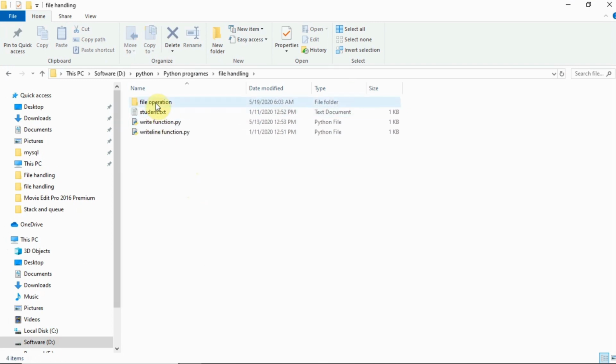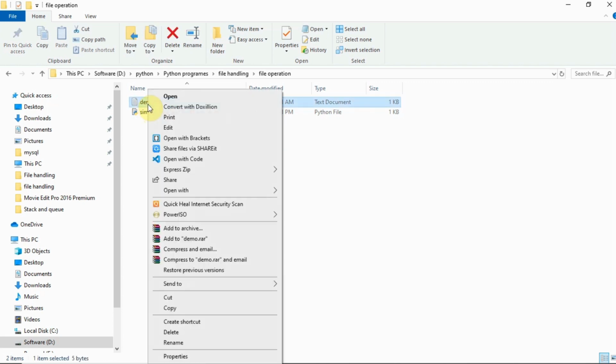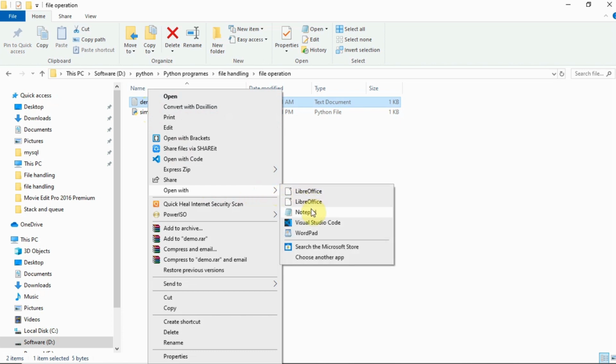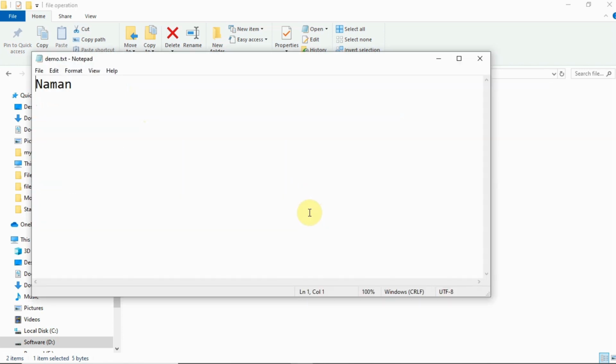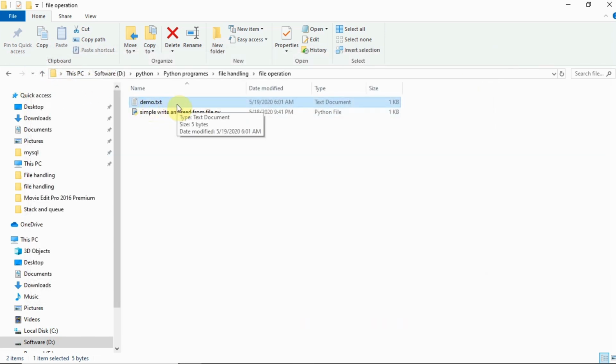This is our program, and this is the .txt file which is created by us. Now let's open this file and see. The data Naman, which we wrote into the file, is available here. The file will be created in the same place where your program is stored on the disk.